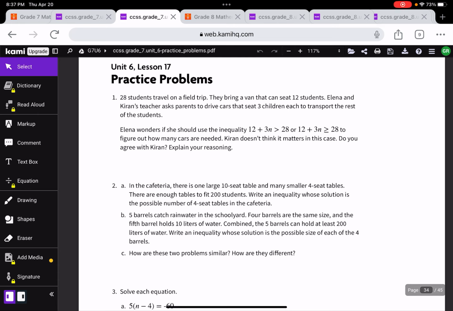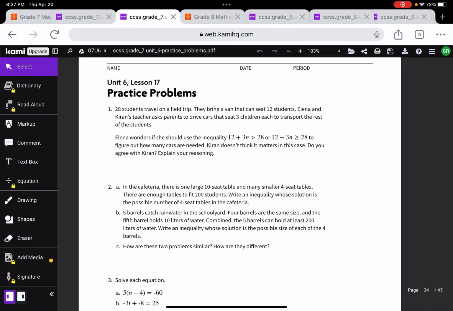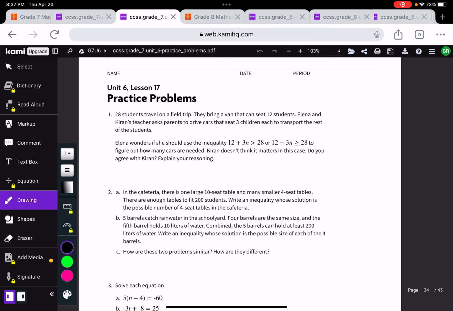Do you agree with Karen? What are you guys thinking? I think if we were to solve this, maybe she's saying it doesn't matter because let's go ahead and quickly solve it. Because maybe by solving it,